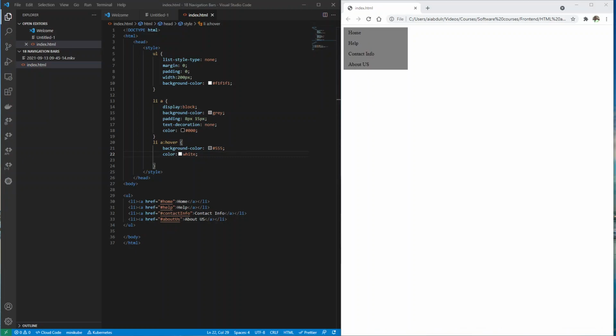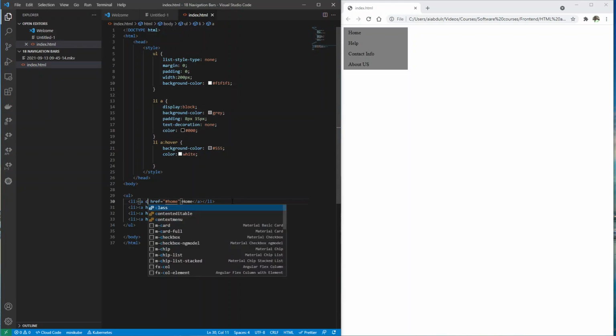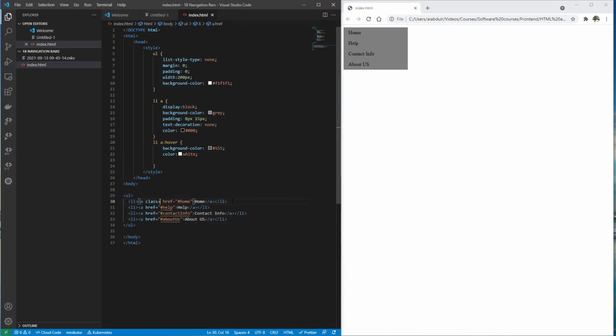The next thing that we are going to do is to add an active class to the current link, so that if people are browsing, they know which page he or she is on, right? So we will be doing that next. So for this first one, this li, this anchor class, I'm going to add a class name, and I'm going to set it to active. Okay, and everything else stays the same. So if I refresh it, nothing, right? So now